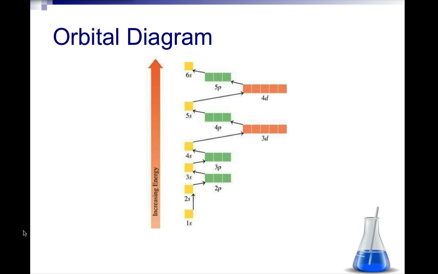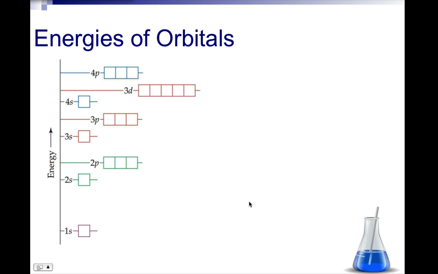Here is the orbital diagram. You will notice that it has increasing energy. And we will start with all the S orbitals, remember these are our spheres, and they are all going to be in yellow. The P orbitals, which are the ones that look like the dumbbells, are in green, and our D orbitals will be represented in this reddish orange color. Here is the exact same thing, just shown with the lines attached to the energy levels